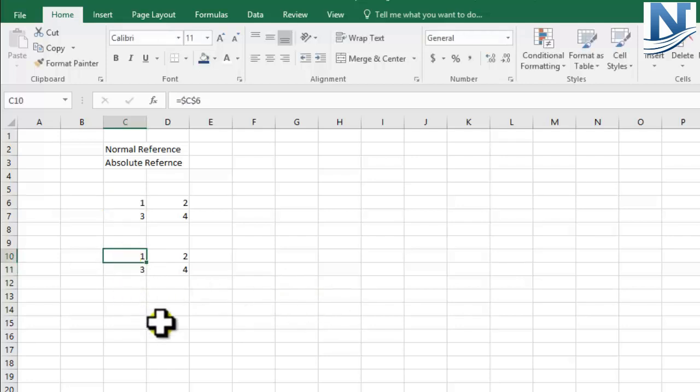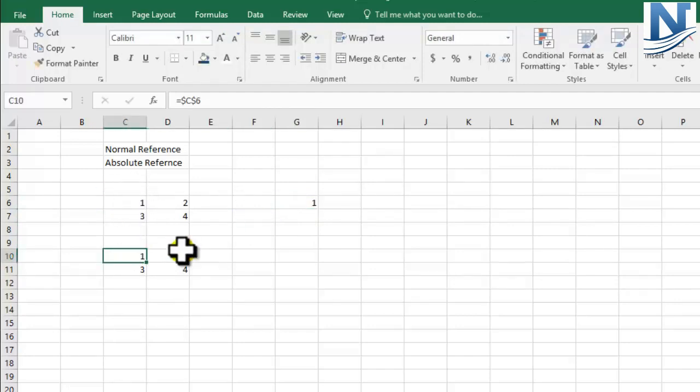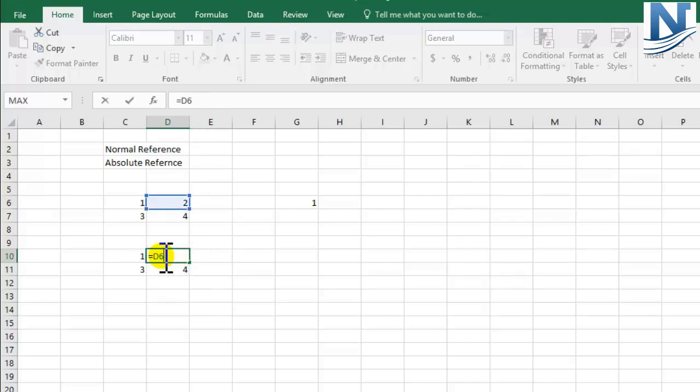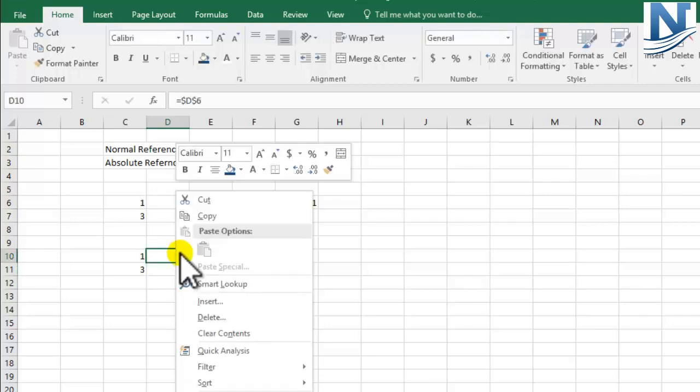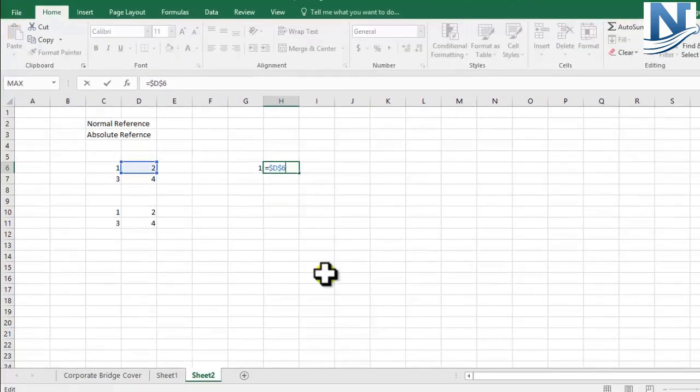Now if I copy this and paste it somewhere, you will get the proper answer as 1, because now the link is properly taken from this cell only. Again for this also let's include the dollar sign. There's one more shortcut. You can just keep your cell selected and press F4. I'll show you again. This is the cell selected. Double click on this, you know from where the reference is, and click on F4 so that the dollar sign is present now. Let's copy and paste this. Now the proper reference is present.